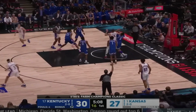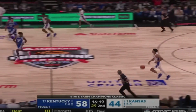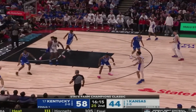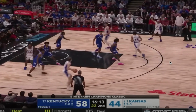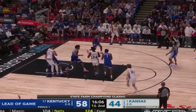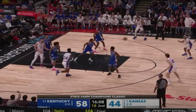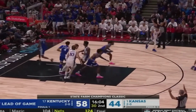So if they can allow that, they're going to play better defense inside the paint. As silly as this sentence sounds, Juwan Harris going 5 for 5 gave Hunter Dickinson and maybe KJ Adams, both of them, I would argue, about 2 points in their next 3 games. Because now defenders are going to have to be aware of it. Look how much different it was just between the last 2 times. Yeah, he's helping off, but he has to get there eventually, and that just gives so much more open